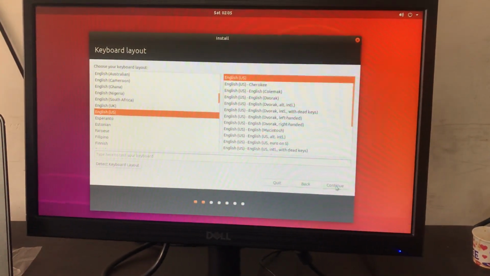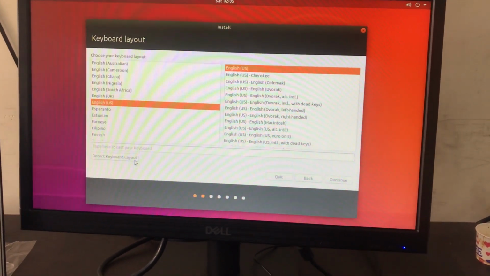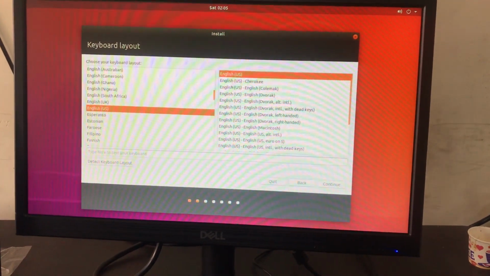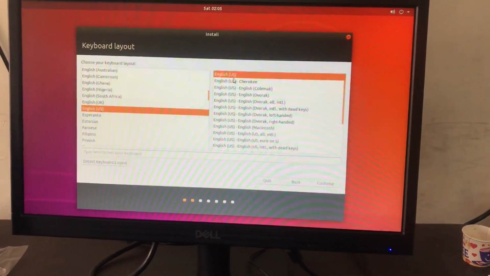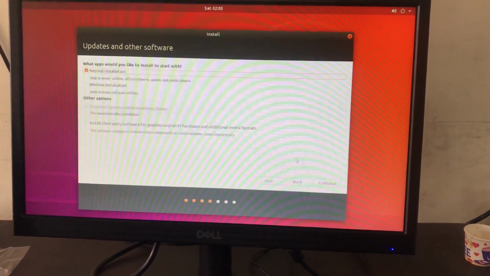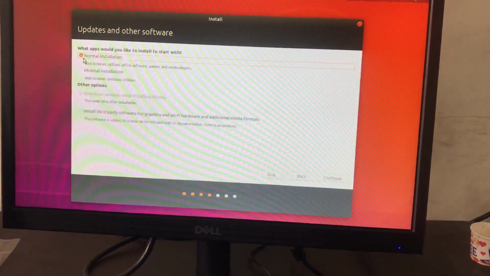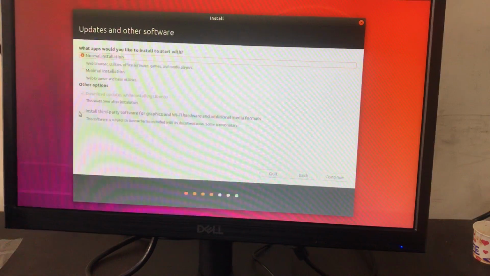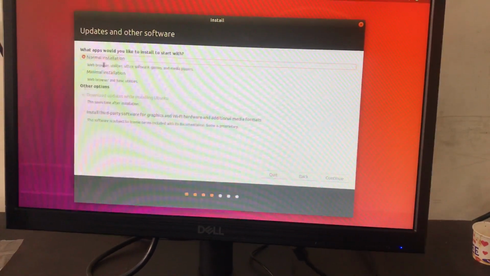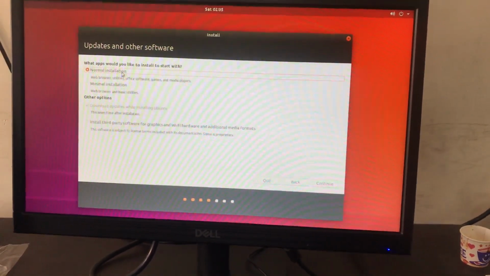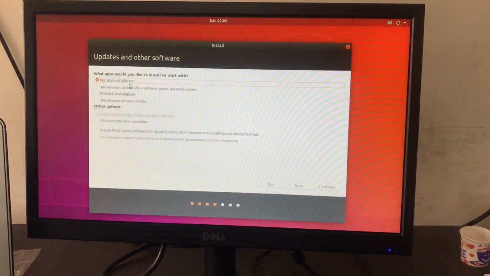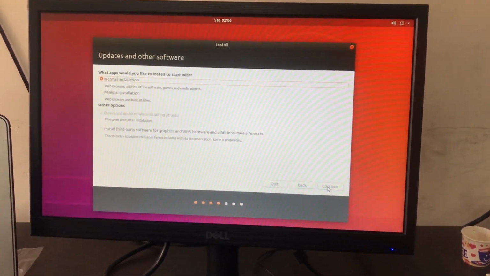You can detect the keyboard layout also, but I want to keep English, so I keep this one and click on continue. Then you have another option about the installations. For now there is nothing needed, so you can set up the normal installation and then continue.